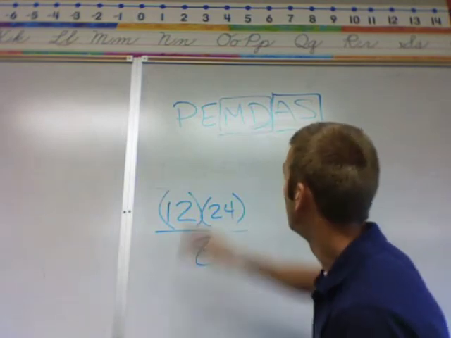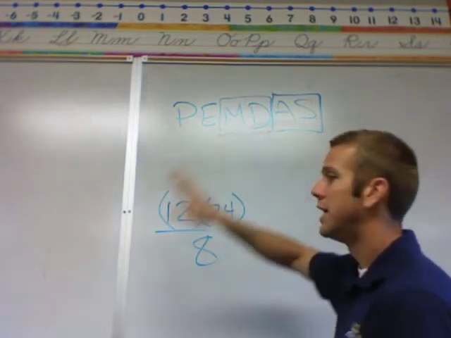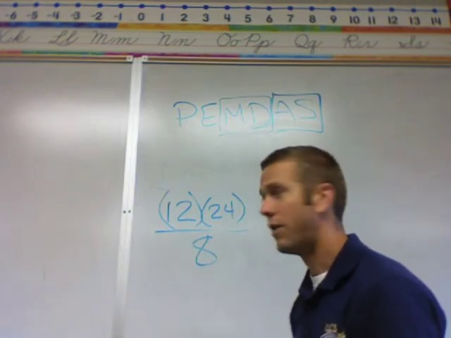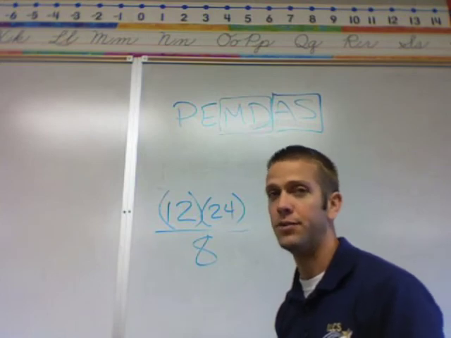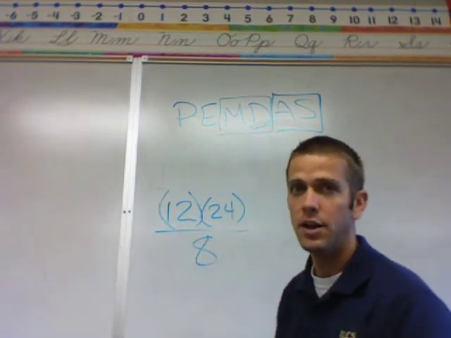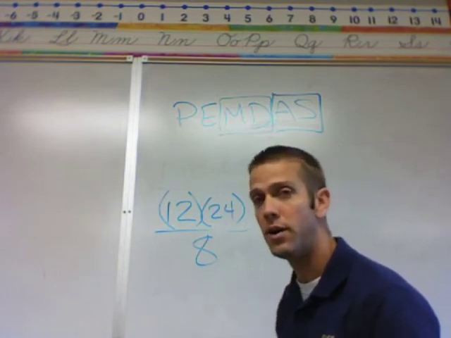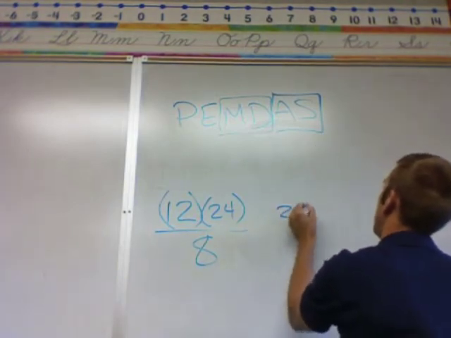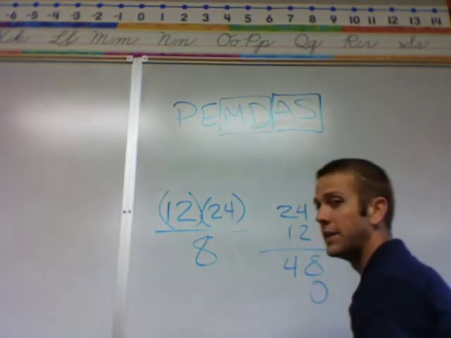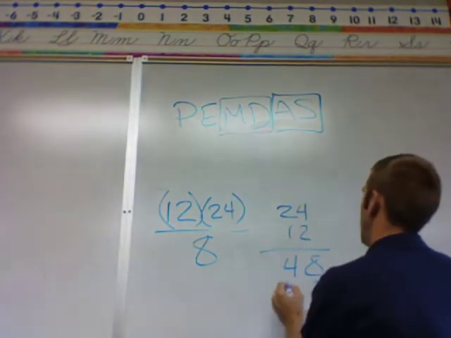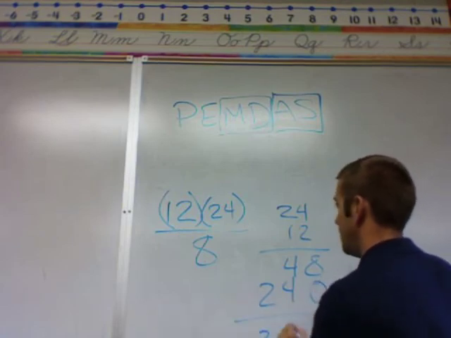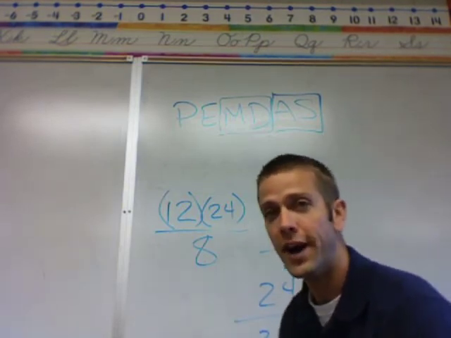Now, up here, multiplication goes first, then division. It's interchangeable, and you would work it from left to right. We don't have really a left to right, we have top to bottom. So you go top to bottom. So you start here, and then you divide by 8. So, 12 times 24, we have to work that out on the side. That's 8, that's 4. Don't forget to drop down the 0. And then this would be 24. 8, 8, 2. Now we have 288